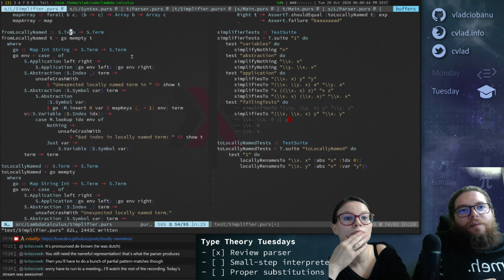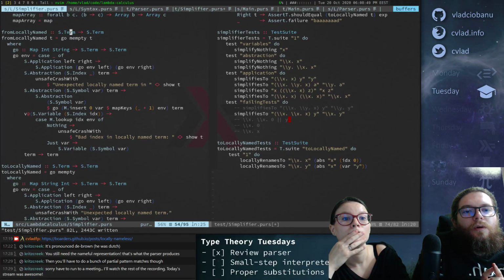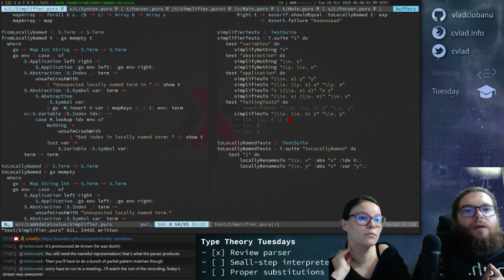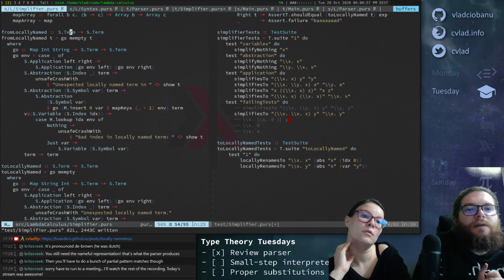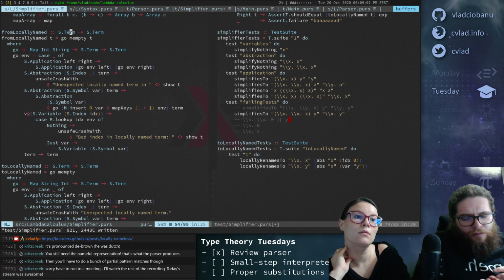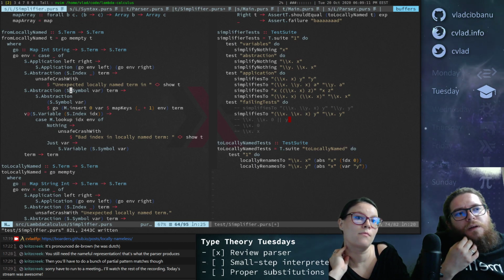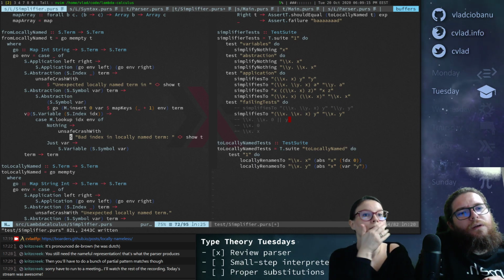The from locally named. So you got a bad index in locally named term. Okay, because we are looking for index 0. Wait. But why are we looking for... okay, so no, I think we're looking for index 1. But why are we looking for index 1?